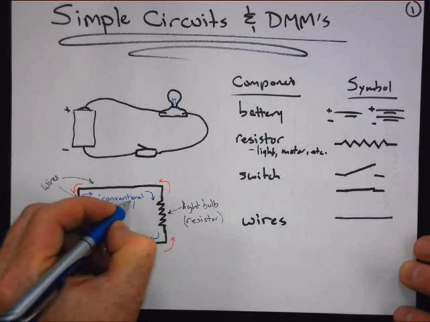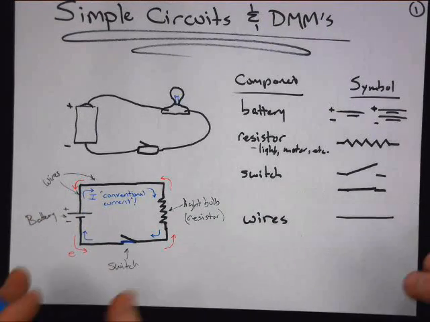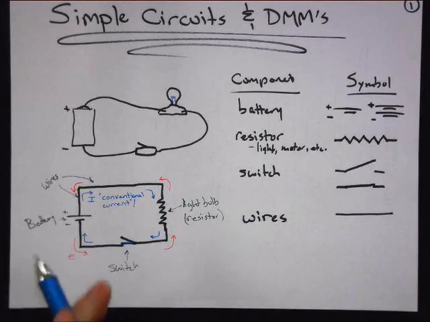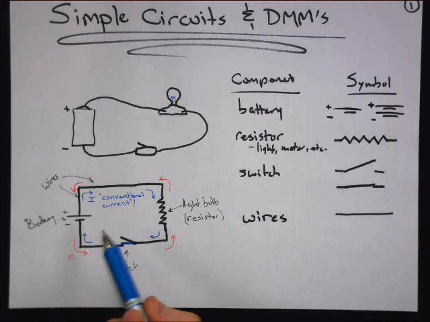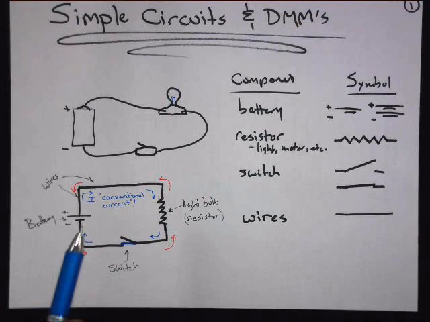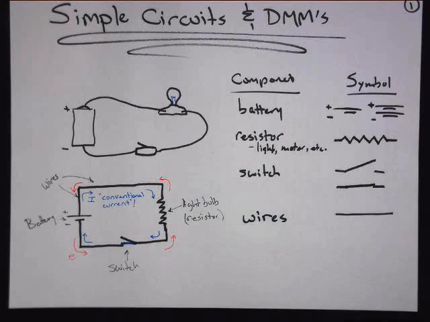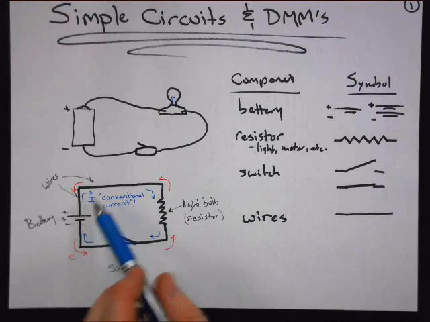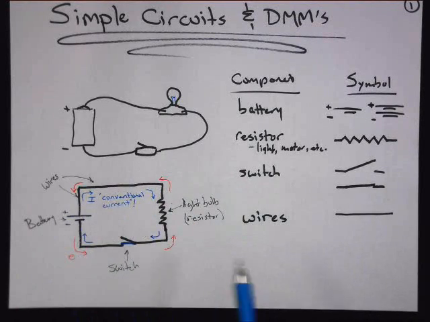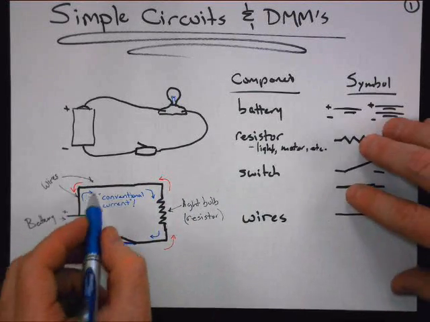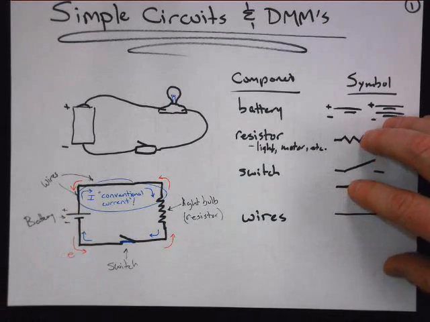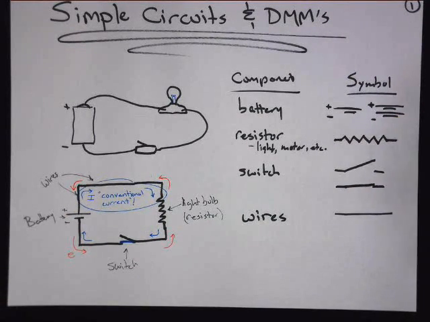And I won't say conventional all the time. I'll just call it current. But we're going to talk about positive charges moving, and here's the thing. It's equivalent in the effect that it has. There's no difference in the result that you get. The light bulb still lights up when you talk about conventional current instead of talking about electron flow. So we are going to focus on conventional current, absolutely. I'm going to stop talking about electrons and electron flow when we're dealing with circuits. I do not want anyone to get confused. All right, so